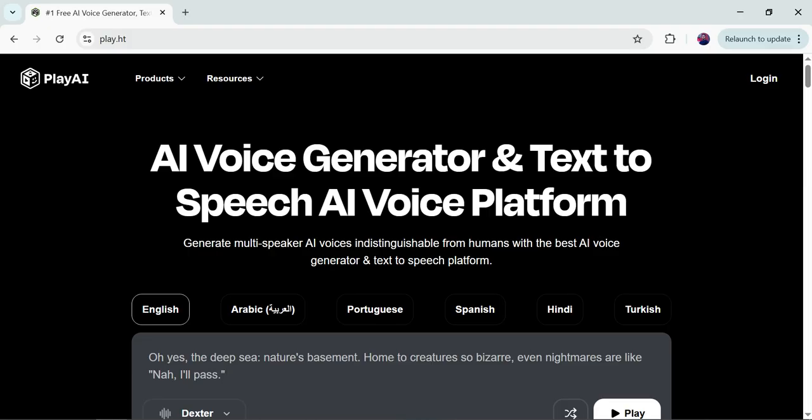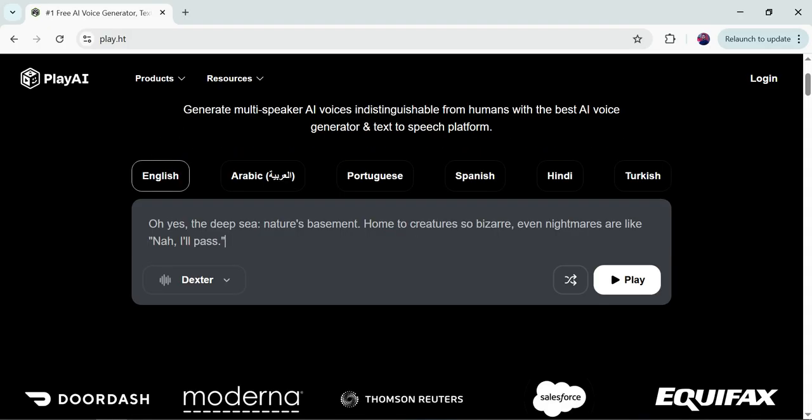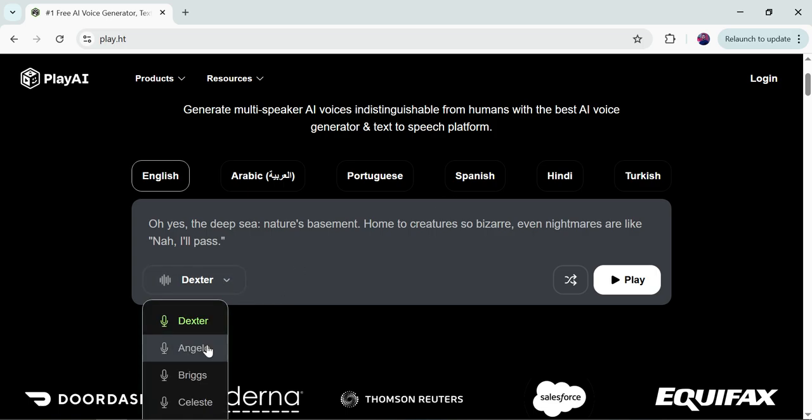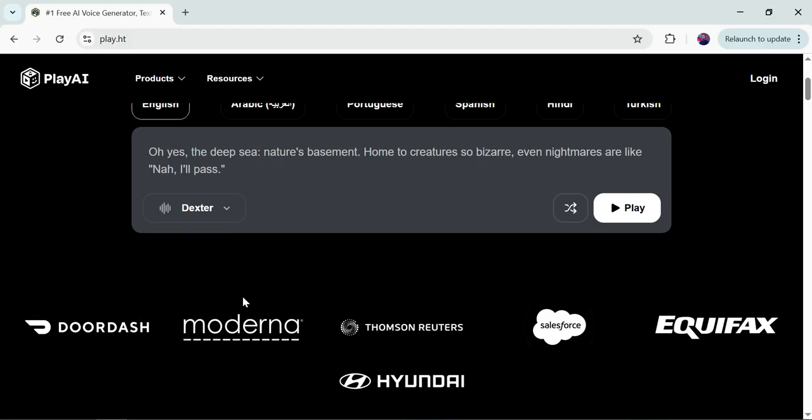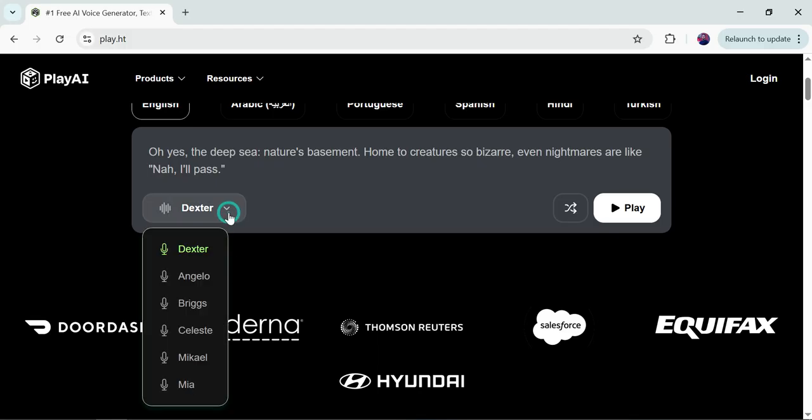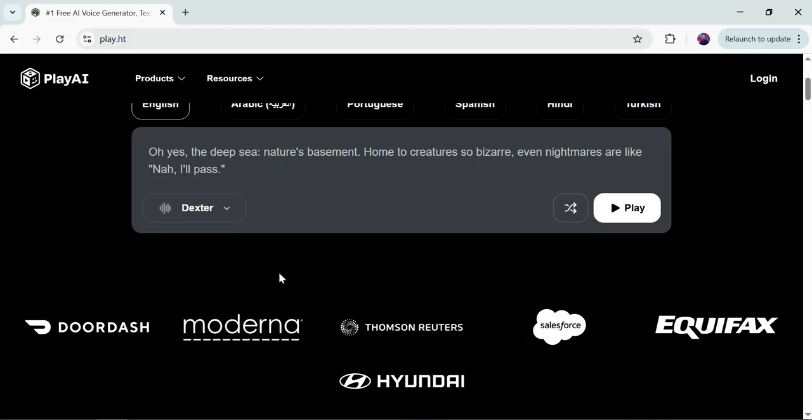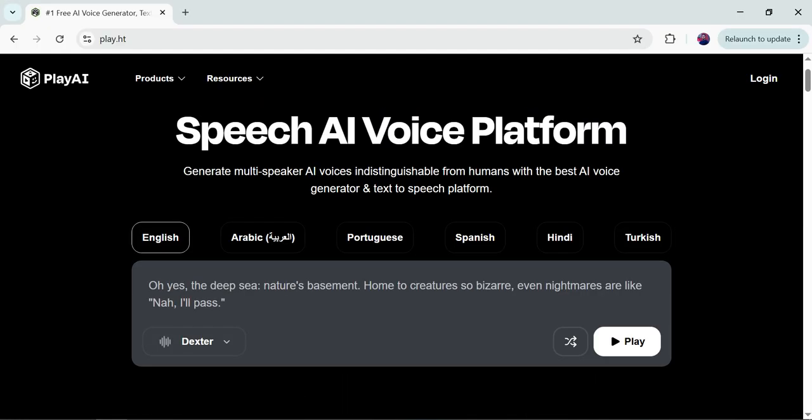You can just get your script with the help of ChatGPT or any other AI tool, or you can also have your own written script, and then you can simply paste your script in this section, and then you can create your voiceover in these multiple voices. Okay, you can use any of these for creating a voiceover for your audiobook. Okay, so how you can use this basically?